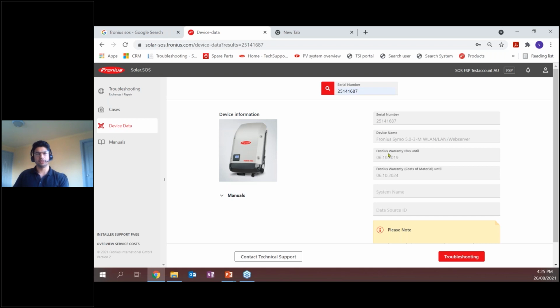So Fronius Warranty Plus means that if found under the scope of warranty, Fronius will cover all the financials involved within the case. But Fronius cost of material warranty means that if found under the scope of warranty, Fronius only covers the cost of the parts. Once you have checked the warranty details and confirmed this information to your customer, you can begin